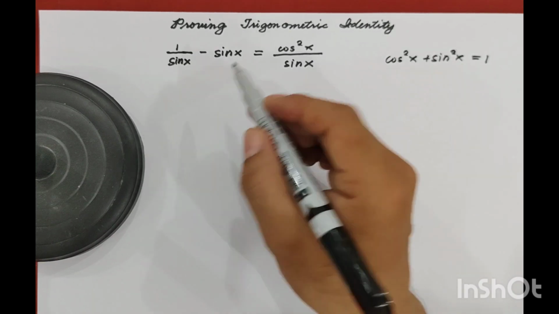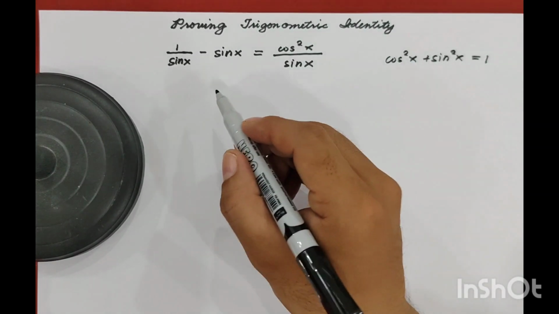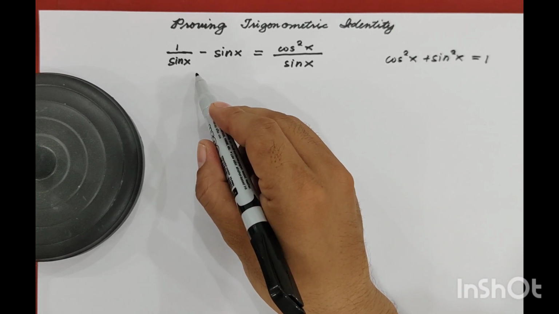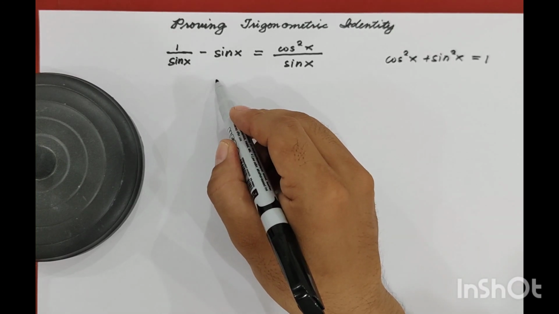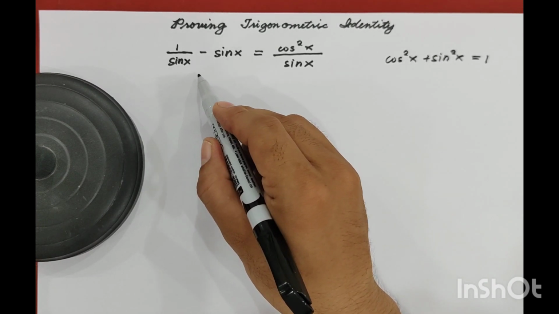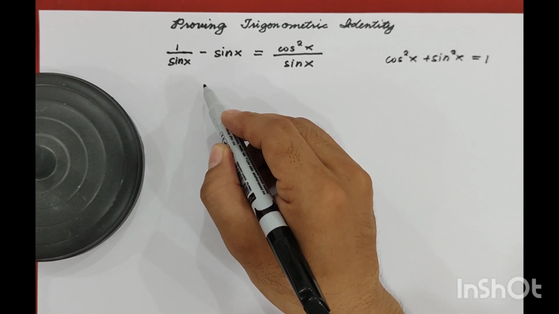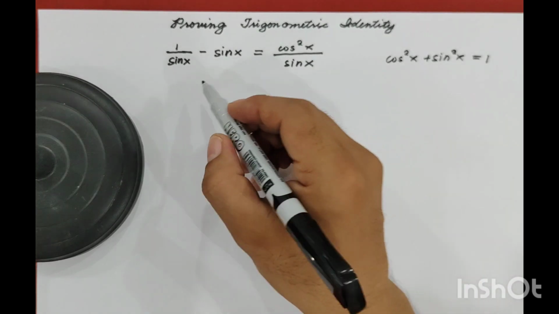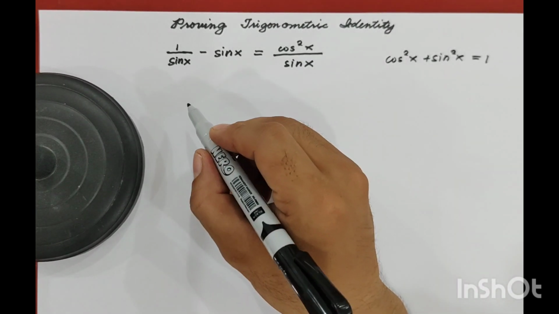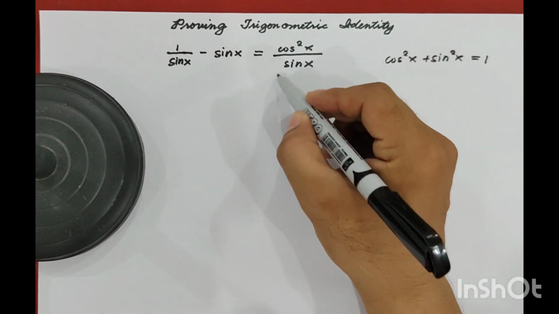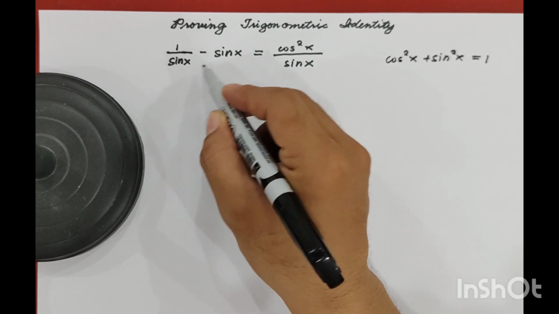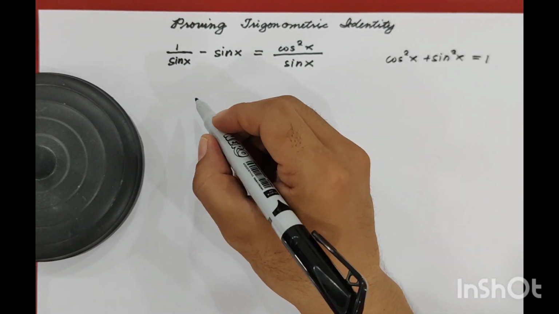So to prove this or to do this, we are going to choose working with the left side of the given identity or equation. So why is that? Because this will give us the opportunity to subtract fractions, right? So we are going to simplify this by subtracting. Because we only have one term here. So we have two terms here. So we are going to simplify the left side of the equation.